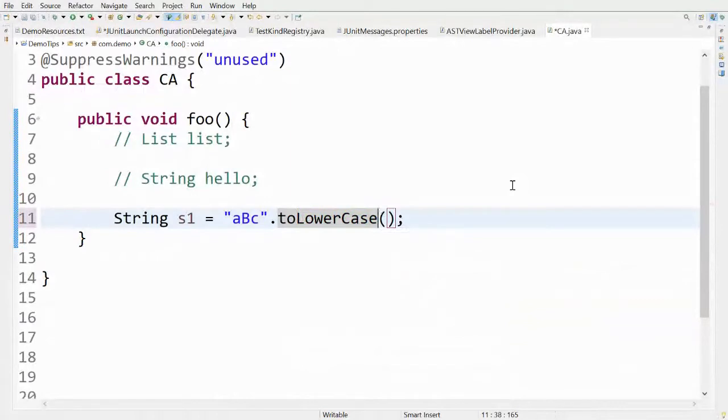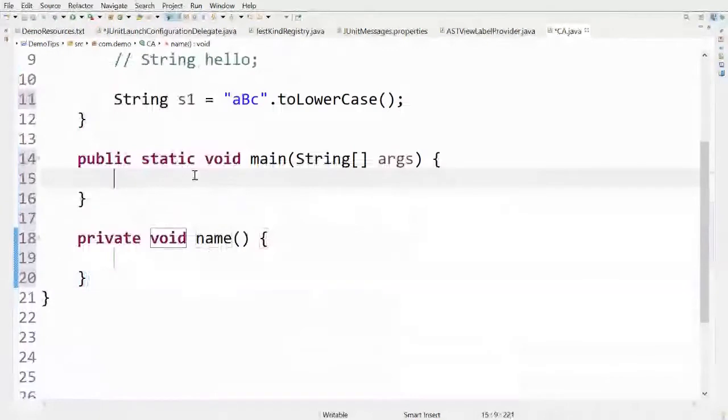Another useful feature presented along with Content Assist is the templates. Templates provide you an easy and quick way to insert some common boilerplate code. Eclipse provides a lot of built-in templates. For example, you have the main method template, and you have this private template to create a private method.